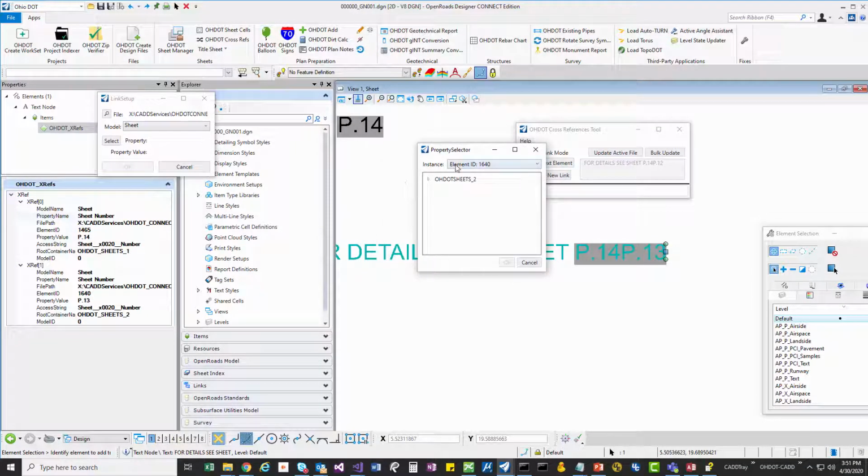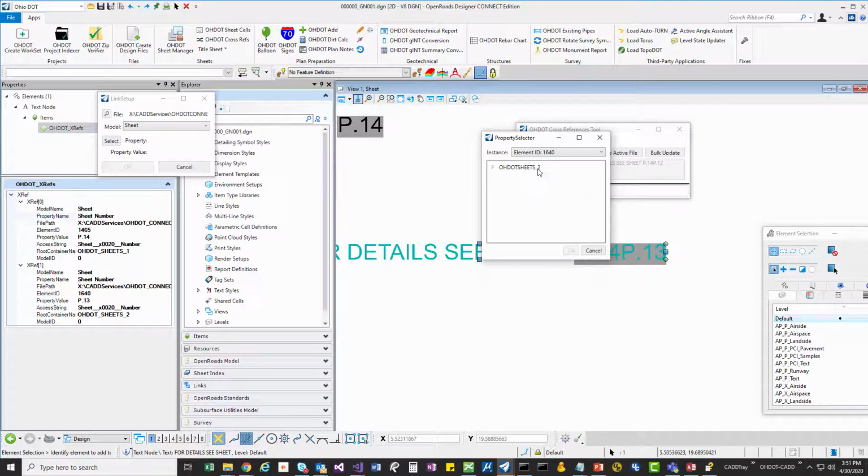If there's an element inside this model that has any of those item types assigned to it, it will then get included into this instance. So for that given element, all of the item types that met that criteria will be listed here. If you had two item types that met the criteria, you could see two item types here. And then you can expand it down and see all the properties. So that's how it's working behind the scenes. Hopefully that made sense. If not, and you're trying to do something with it, let me know. I can help out. But it's pretty much only going to search for sheet item types that have sheets assigned